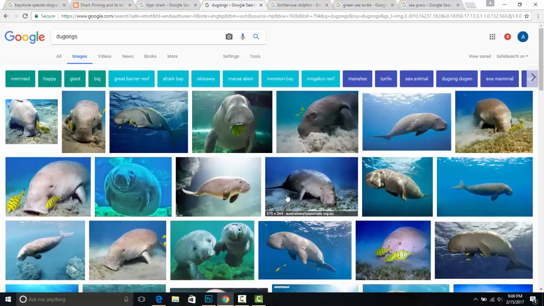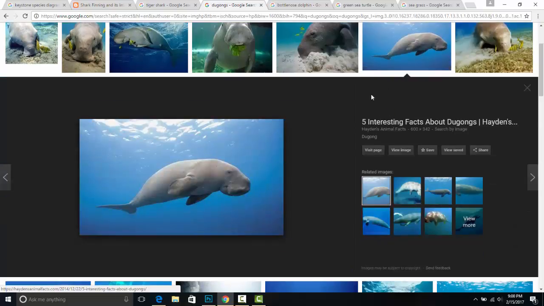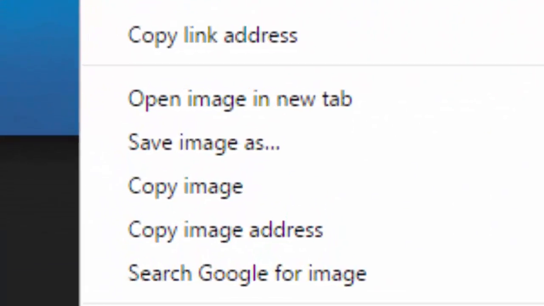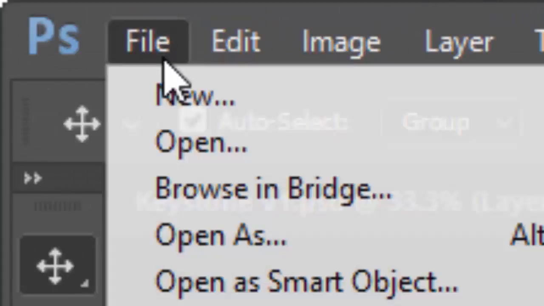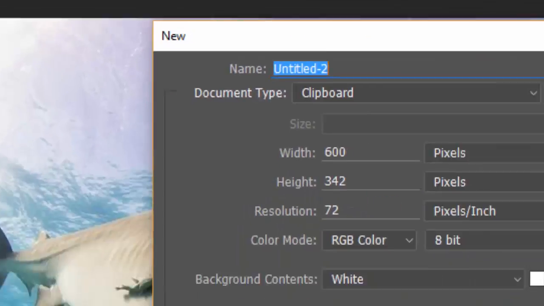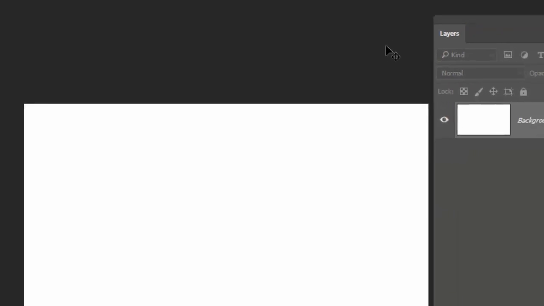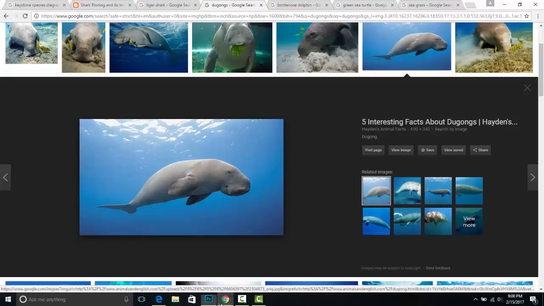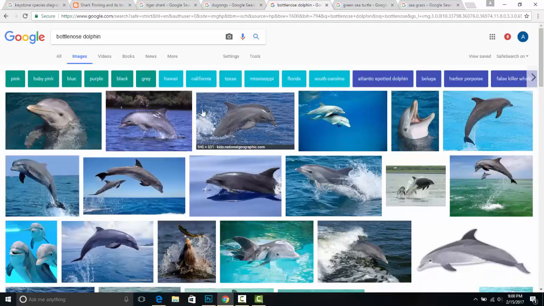We're going to get this dugong, and I like this one. So we're going to left click it open, right click, and go to Copy Image. Let's go back to Photoshop. We're then going to click on File, New, press OK, and press Command V. Beautiful. And we're going to keep copying and pasting these images